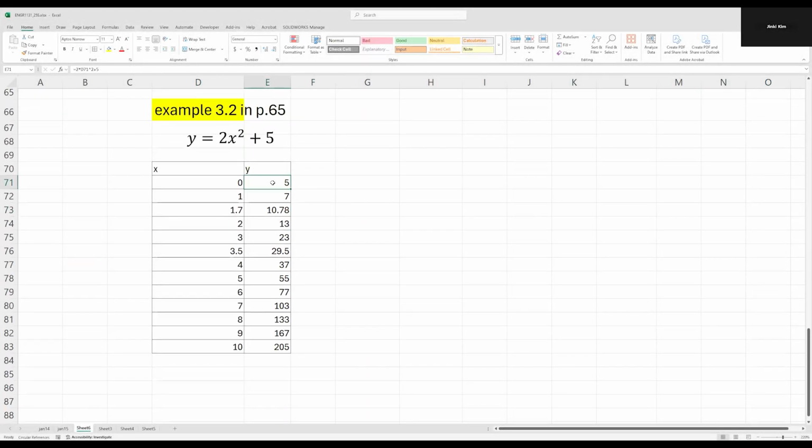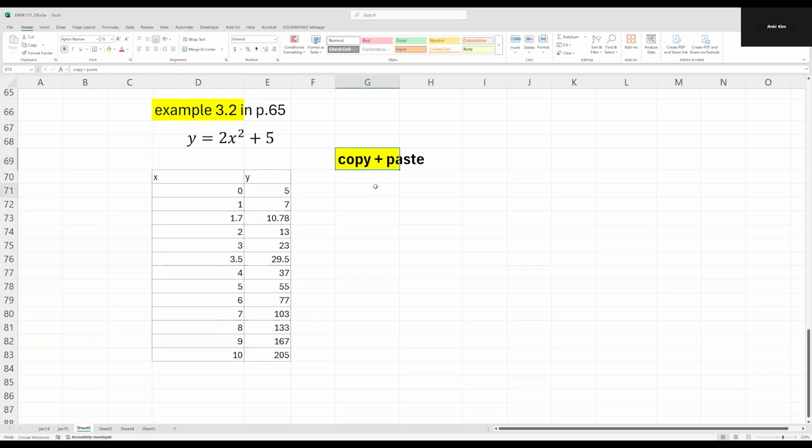Okay. And the next part here is about copy and paste. This is, like I said, your best friend, right? And there are several different options here for copying and pasting. So if I want to copy this, let's say Control C and Control V here,